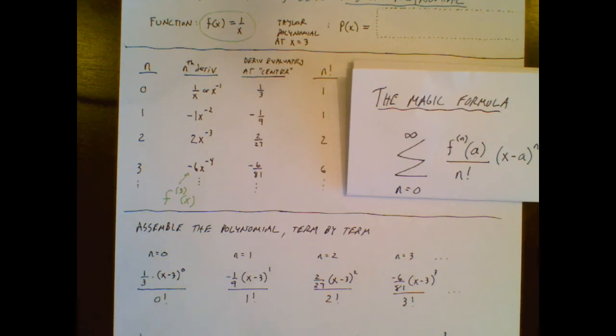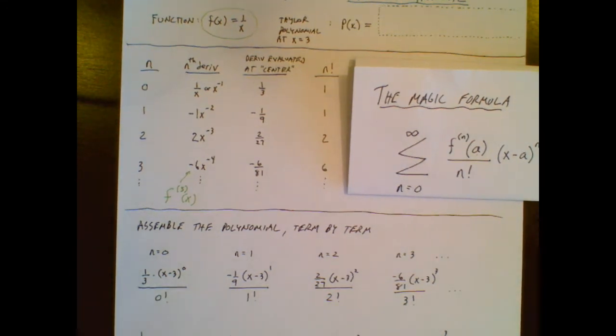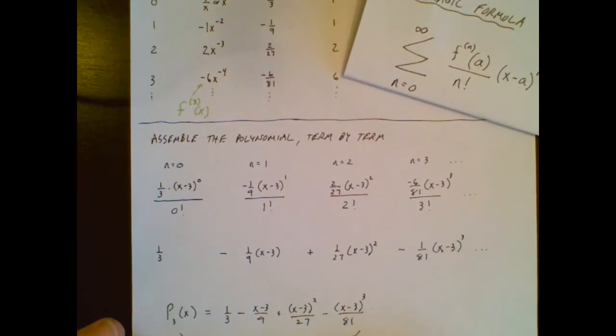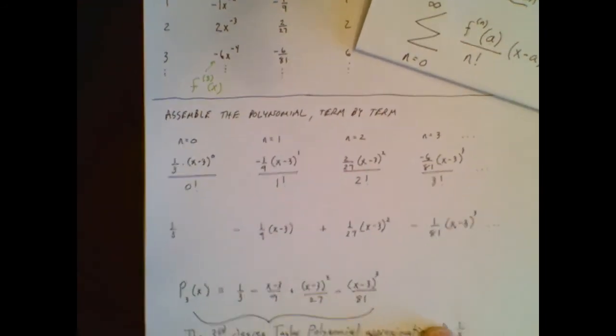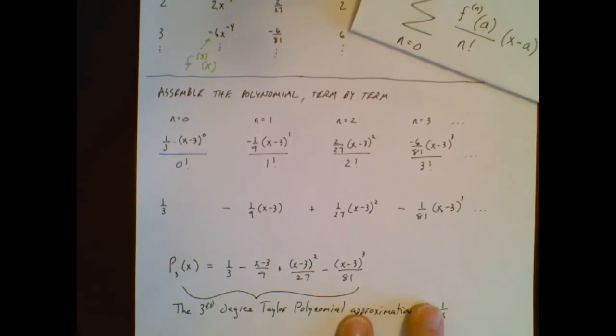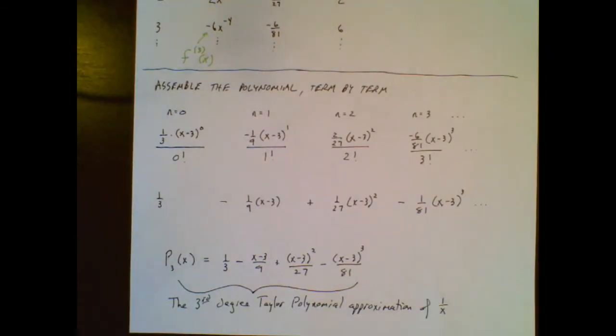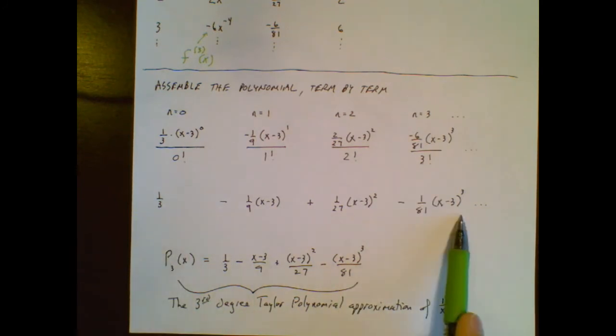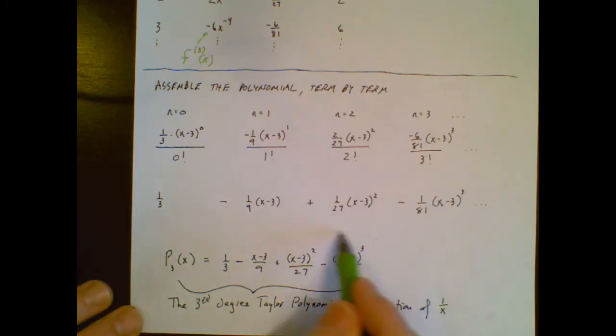Now I could keep doing this all the way. This is going to look a bit like a mess, and sometimes on an AP situation you might keep it looking like a mess because you're allowed to do that. But for right now, we're going to go ahead and start making it a little bit more approachable. And so when I do that, it becomes something that looks very reasonable for us to work with. This whole thing, when I do some reducing, is just 1/3. I do the reducing for every single part of these. I get that thing, and what I end up with is